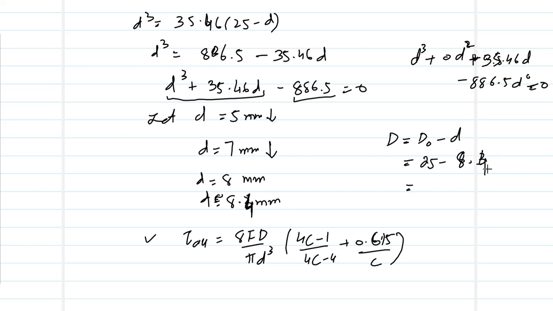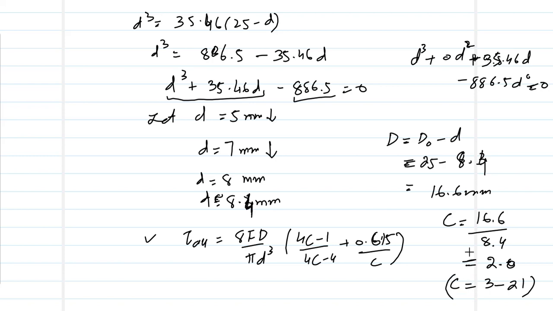So this value will come out to be 16.6 mm. Clear? So now we know the value of d. So c will come out to be 16.6 over 8.4. Spring index here is approximately 2. Now that might be a problem, because you know that this will be between 3 and 21. For this problem, we might have to redesign or reconsider the spring, or probably use the bigger diameter,